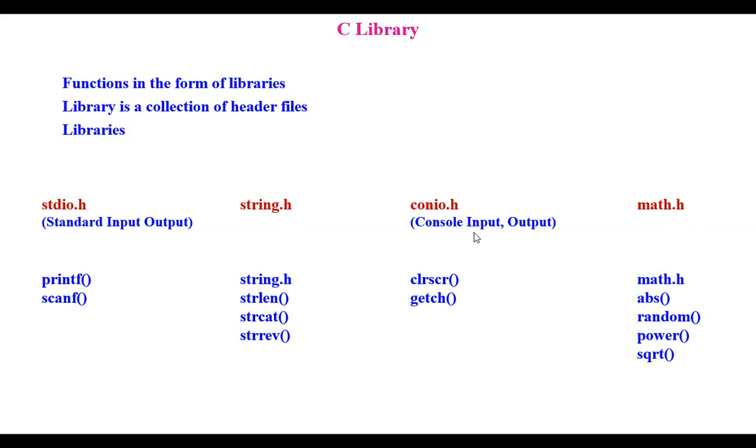So these are the built-in library files. Depending on our requirement, for example if I want to calculate an absolute value, I have to include the math.h file. Next,